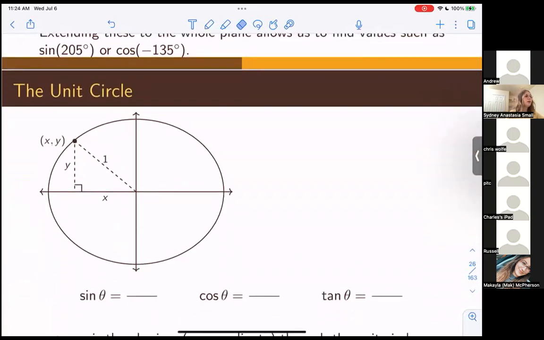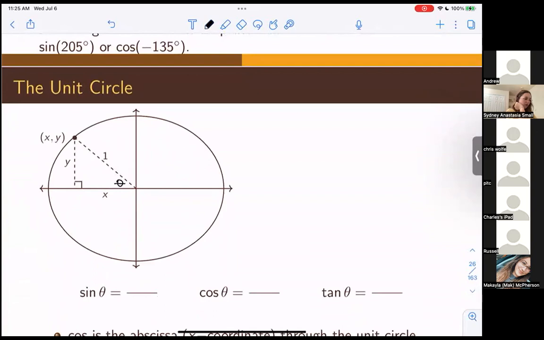Okay, now let's bring back the idea that we discussed a little bit yesterday that is super important, called the unit circle. And the unit circle is just a circle of radius 1. That's all it is. It's just a nice pretty circle with a radius of 1. We'll call this angle down here theta, just for reference, when we're talking about sine, cosine, tangent down here. So because our radius is 1, life is a lot simpler. Notice that when we are on the unit circle,